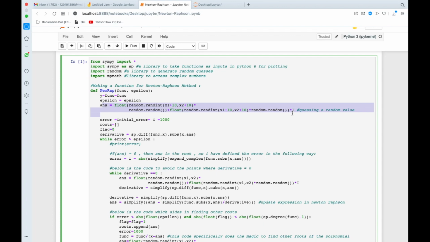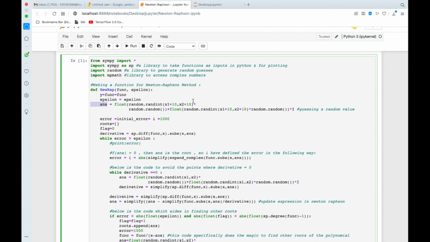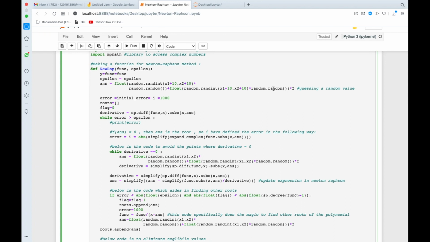So first I'm guessing a random value, which is our answer. Okay. Basically I'm guessing x of n. When I say x of n, I mean x subscript n. And then I'm just initializing the error to be 1000, and I'm running a loop wherein I am basically